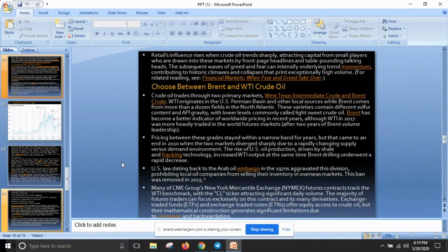Choose between Brent and WTI. Crude oil trades through two primary markers, WTI crude and Brent crude. WTI originates in the US from local sources, while Brent comes from more than a dozen fields in the North Atlantic. These variants contain different sulfur content and API gravity, with the lower-level commodity called light sweet crude oil. Brent has been a better indicator of worldwide pricing in recent years, although WTI in 2017 was more heavily traded in the world futures market after 2 years of Brent volume leadership. Pricing between these grades stayed within a narrow band for years,